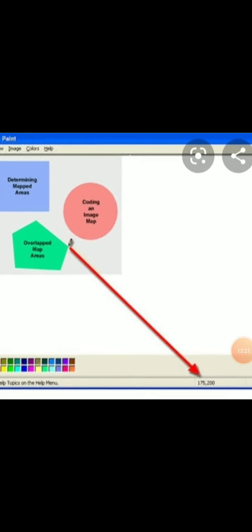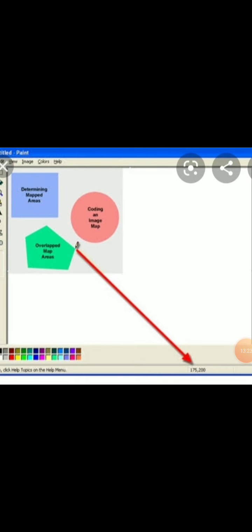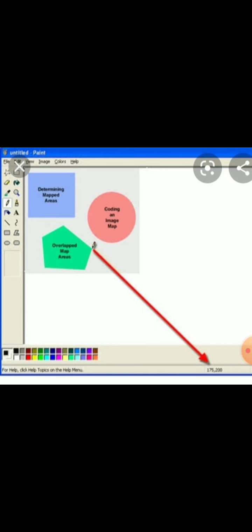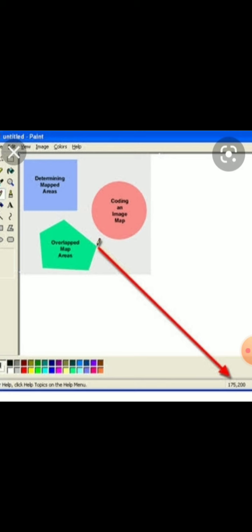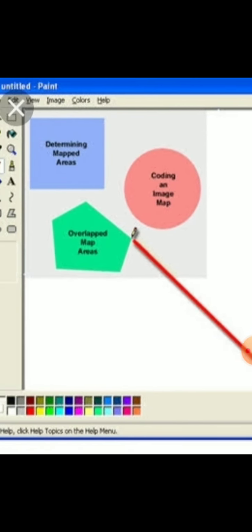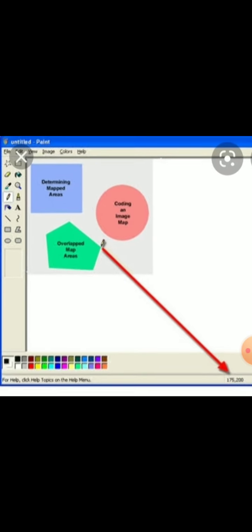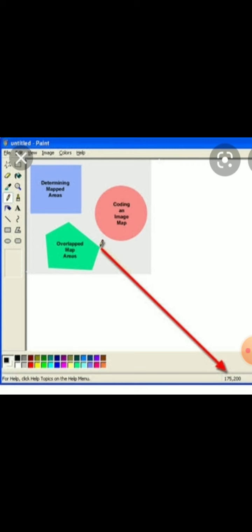See now what you have to do. You have to open that image file in paintbrush, and draw these shapes: rectangle, circle, polygon, and then note the coordinates. How to note for rectangle, which point to note, I'll show in the next image.